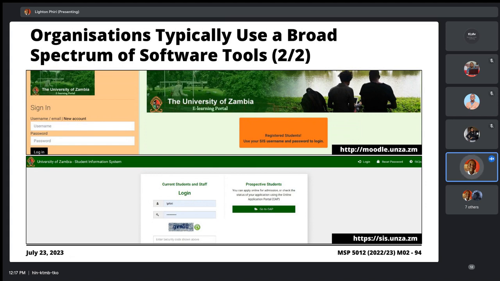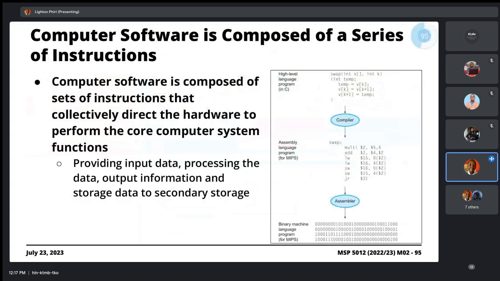It turns out that in as much as we have different types of software tools, they can be categorized in a certain type of hierarchy. All right, we're going to discuss this hierarchy broadly in the next couple of series. But just to mention that fundamentally, software is nothing more than a series of instructions.